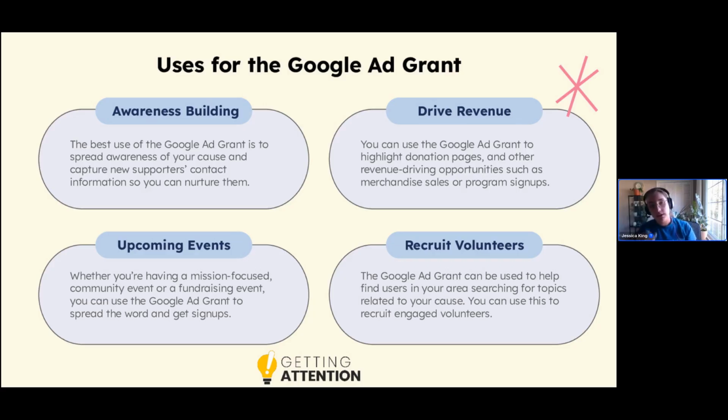What you need to know for driving revenue with a Google Ad Grant is that anywhere you are trying to ask somebody to give you money, it needs to be written on the page somewhere what those proceeds go towards in order for it to be fair game. Because Google does not want businesses masquerading as nonprofits saying, hey, submit a donation here, and then it never actually goes anywhere. So they want a line that basically says, hey, proceeds go to support your organization.